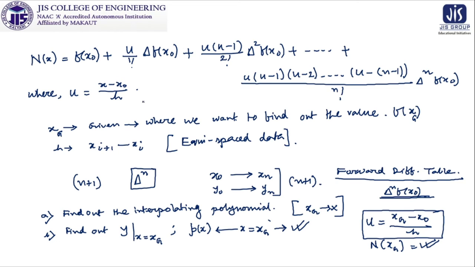And also one more piece of information I want to share with you. When the requirement is to find the value of the given function at a particular independent variable's value which is very close to the upper portion of the given table, then Newton's forward interpolation formula will be more effective. So let us go for one problem. These types of problems are sometimes given in description or sometimes in tabular form. So let us take a problem like this.